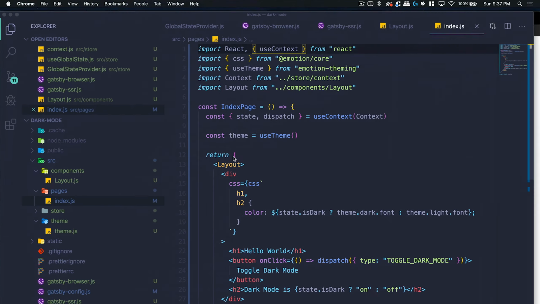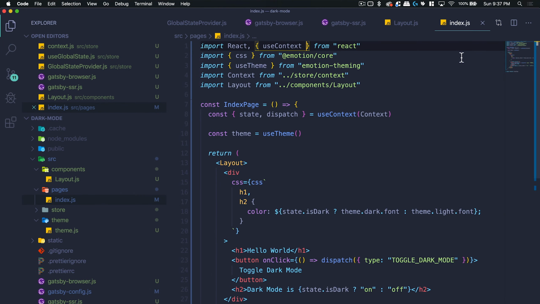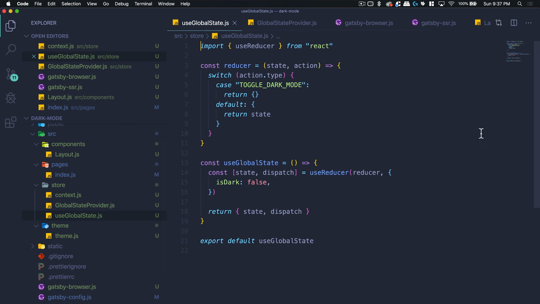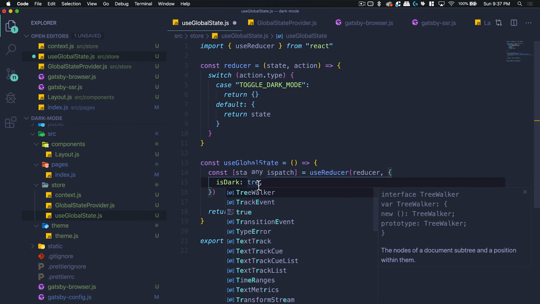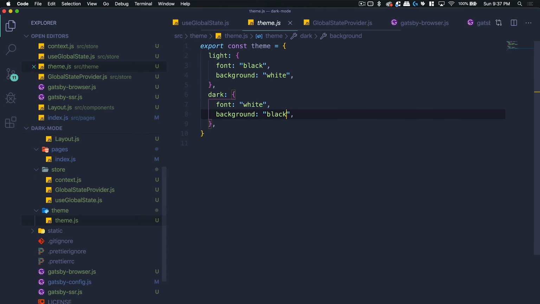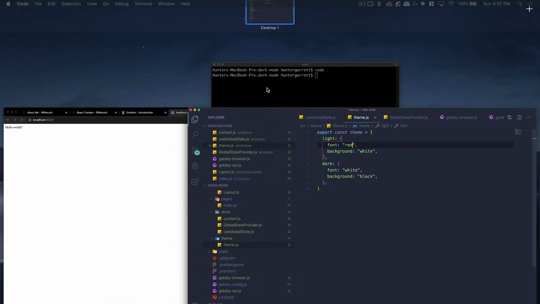Now let's go ahead and go into our use global state. And let's say we wanted to change this to true. Or actually, let's not do that. Let's head into our theme and change the value there. So we can say red. So now the text,